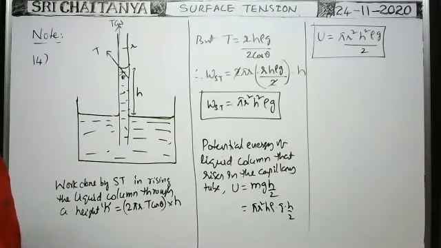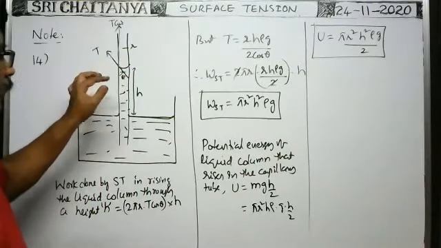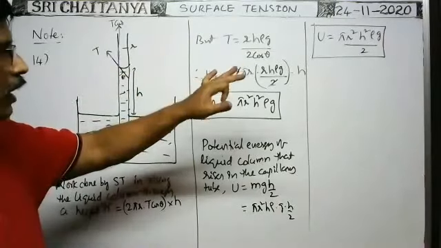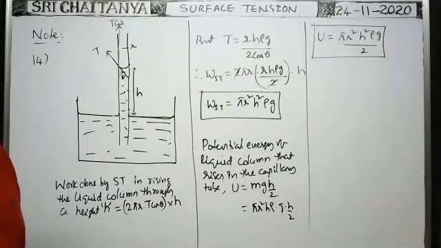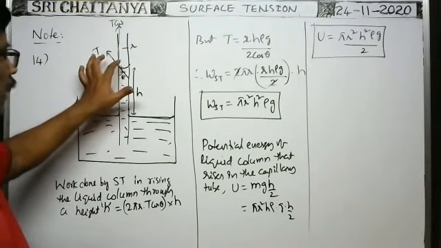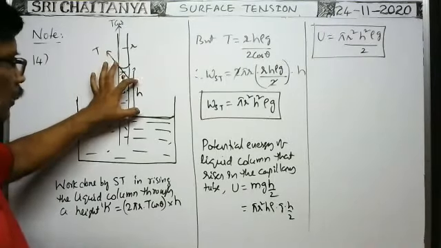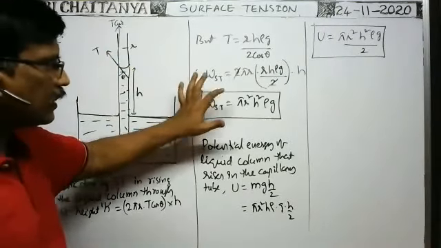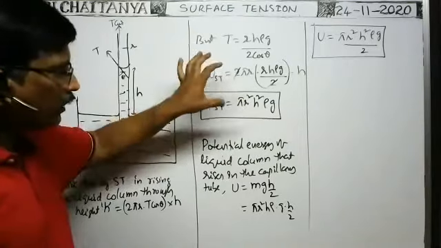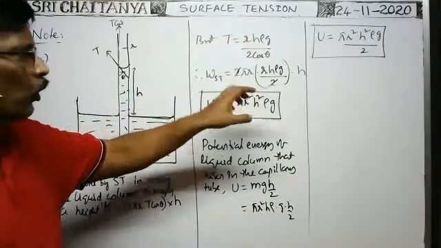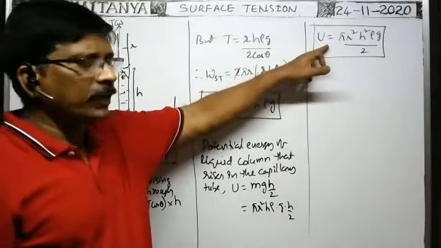tension. Is the work done by the surface tension in raising the liquid column in the capillary tube and the potential energy stored both equal? Are both equal or not? Because of the work done by the surface tension on the liquid column in the capillary tube, the liquid level rises up to height h. So the work done in this case by the surface tension is equal to this one. Is this work done totally stored in the liquid column as potential energy? No, only half of the work done is stored in the form of potential energy.